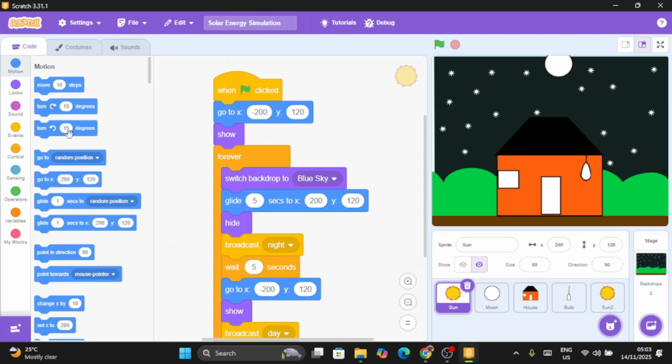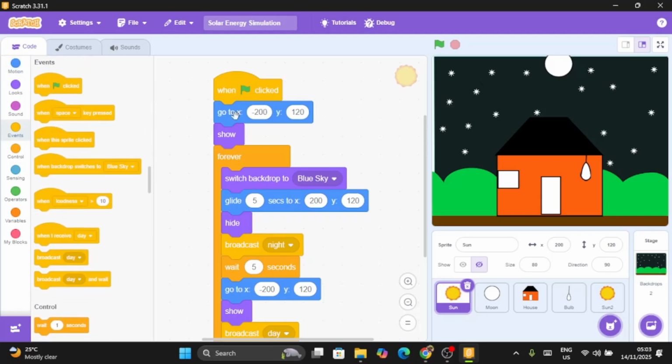When I click the green flag, you go to event. When you click the green flag, what do I say? I say the sun should go to minus 200 on the x-axis, which is this. The x from here to here is the x-axis. Then the y-axis 120, which is the up. You can see the x-axis is the vertical line, then the y-axis is horizontal. So go over to this part, then show. So when I click the green flag, that's when it shows, and it goes to this side and shows come